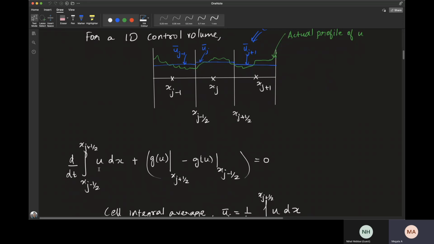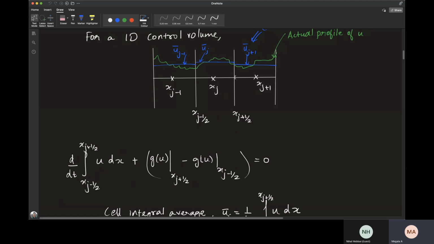So this whole domain, the omega, runs from xj minus half to xj plus half. So this is your whole domain. The rate of change of your total value of u in your domain is given by this expression, and the flux through the interface is given by this. Since your domain boundary is not continuous, it's just 2 points, right? So you are just taking something.